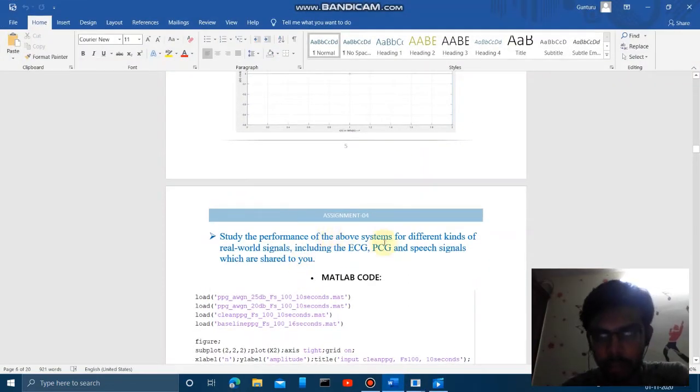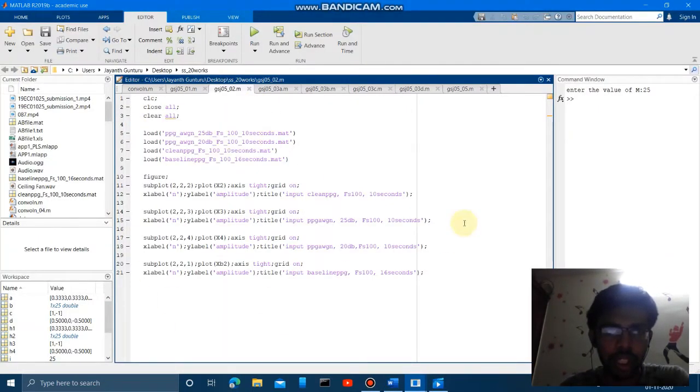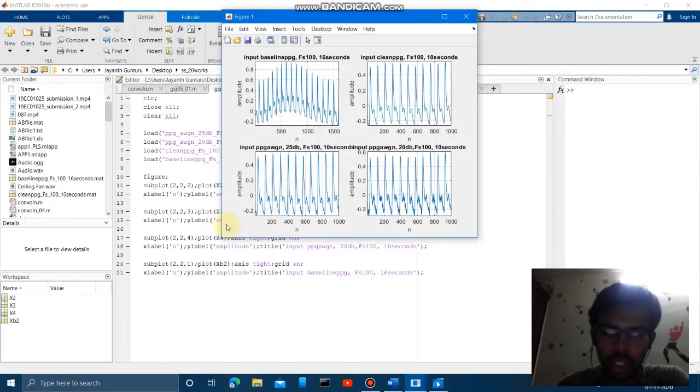we have to study the performances of the above systems for different kinds of real world signals which were shared with us. If we open MATLAB, here we can see the .mat files. In MATLAB, to observe the given signals, I am using the load function to view the signals from the .mat file, and the remaining code is to plot the signals. If we run this program, here we can see some variables come into the workspace. These are nothing but the variables from the .mat file. Here if we observe the plots,